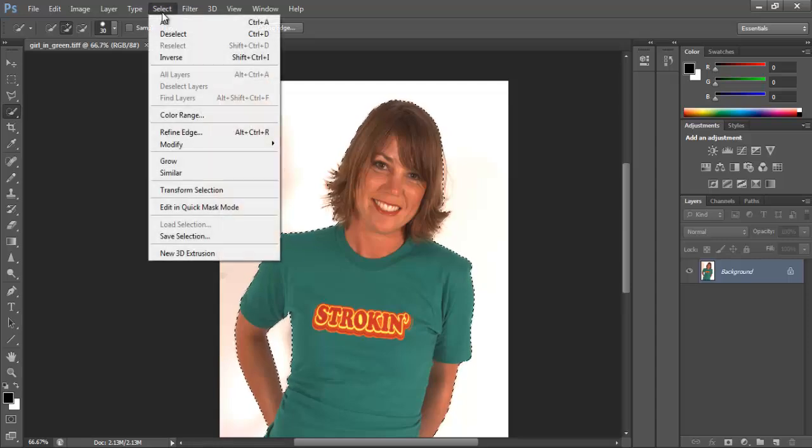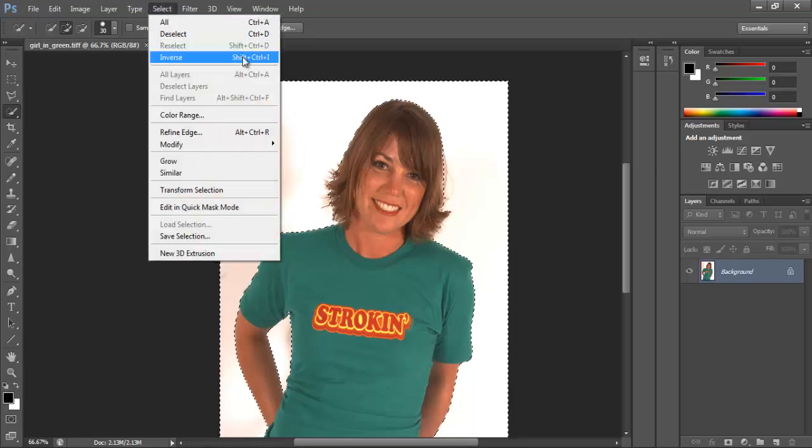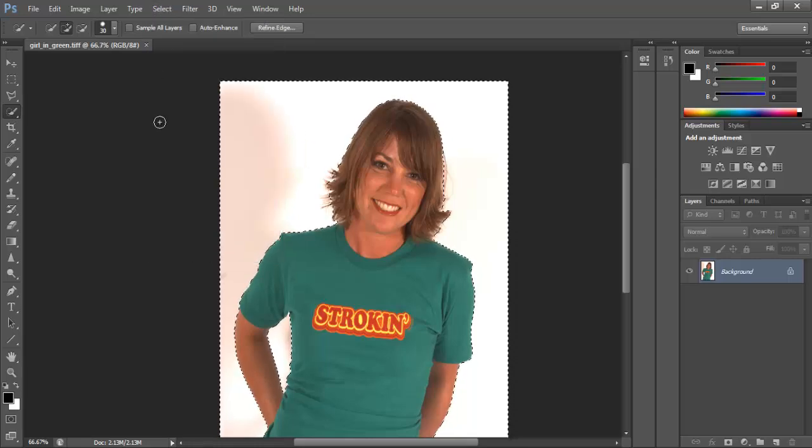If you go into the Select menu, one of the options is called Inverse. You click that, and you'll notice the marching ants are now around the outside edge, because it's inverted the selection, so it's selecting everything but the woman. The keyboard shortcut for that is Control Shift I. At that point, once the reverse is selected, I can go in